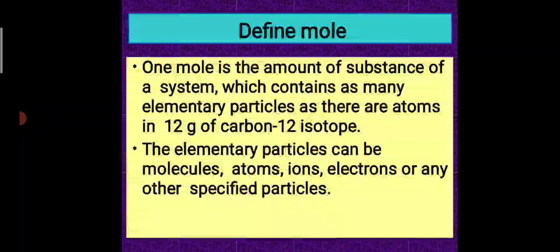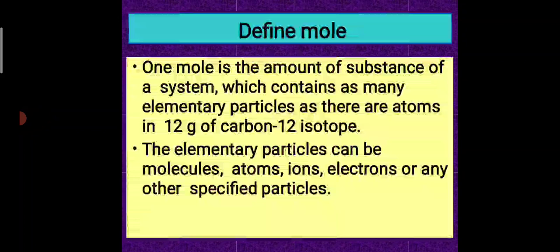What is a mole? Definition of a mole. 1 mole is the amount of a substance of a system which contains as many elementary particles as there are atoms in 12 gram of carbon 12 isotope. So என்ன சொல்றாங்க, எத்தனை particles 12 gram of carbon 12 isotopeல present ஆயிருக்கோ அதை தான் நம்ம 1 mole னு சொல்றோம்ட்டு